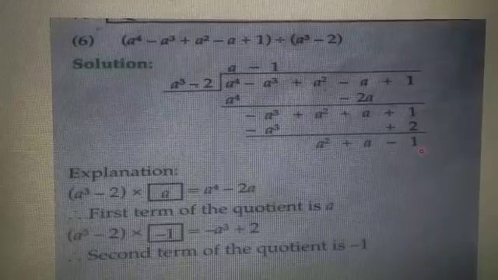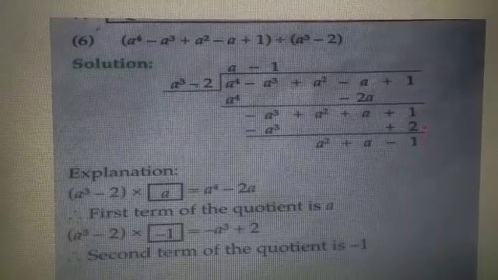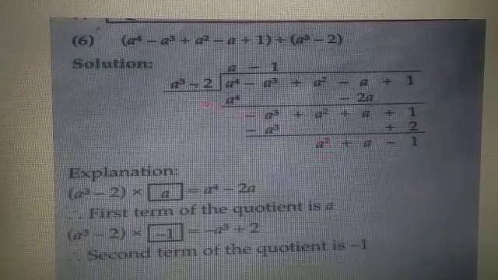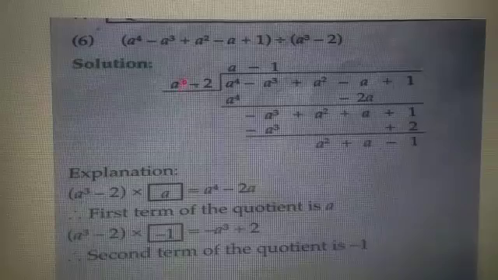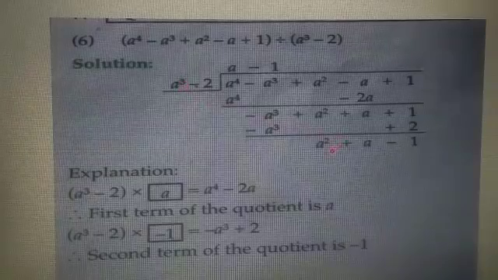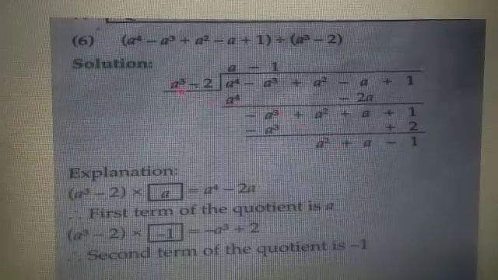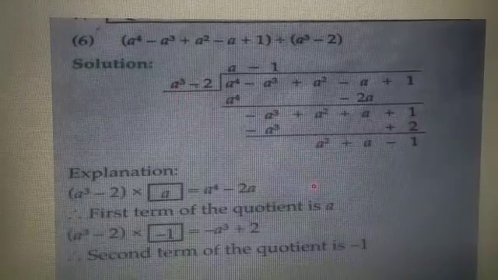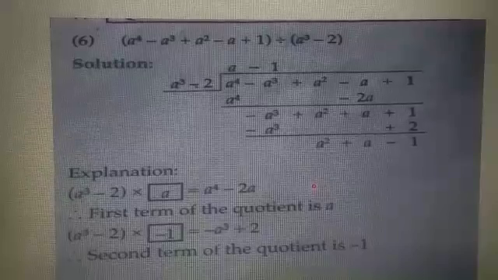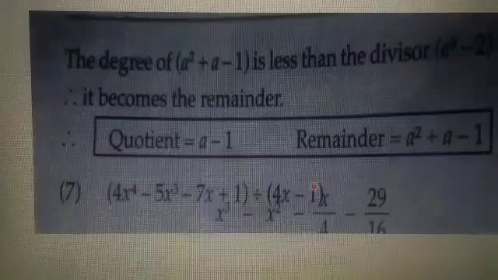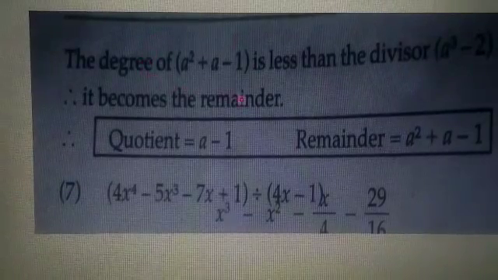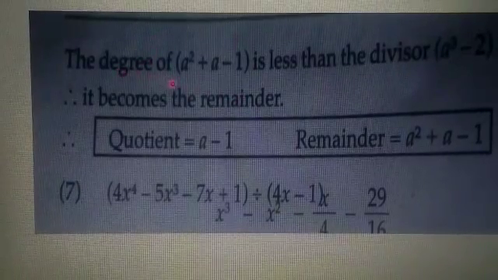Here our division ends. Why? Because the degree of the variable in the remainder is 2 and the divisor's variable degree is 3. So the remainder degree is less than the divisor degree, so here the division stops. Now what is the next part? We will write down all the division here, with the explanation of why we stop the division.